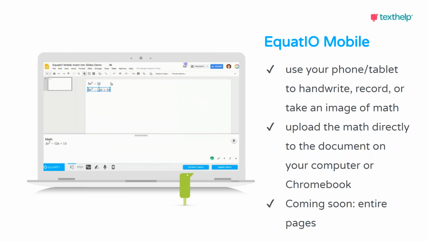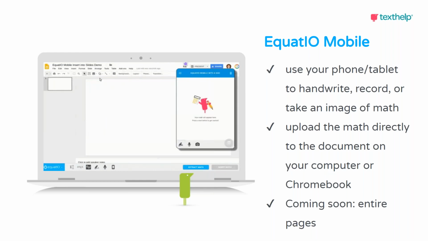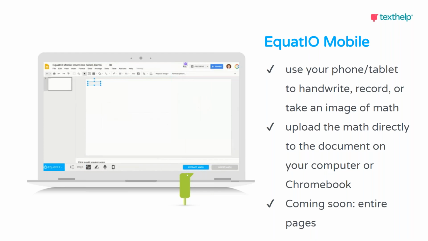For disability resource offices who need to do things quickly and on the fly, what you can do is take a picture of a math worksheet or a test, even if a faculty member's dropped it off at the 11th hour. Take a picture with your iPhone and send those equations over one at a time. So instead of having to manually type them in, if you don't have a physical way of doing this, like I'll show you in a minute, just use your phone to do it.